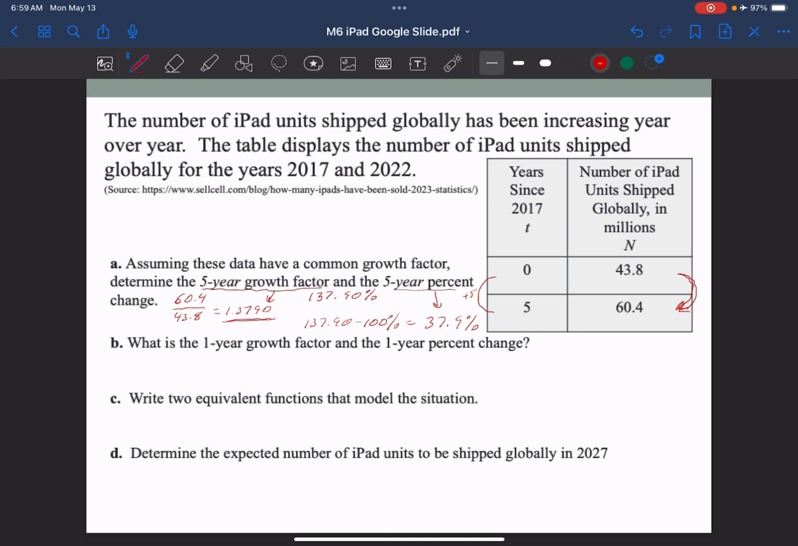So now the next question is, what is the 1-year growth factor and the 1-year percent change? And in the last slide, we saw how to create the 1-year growth factor from a multi-unit growth factor. The way we do that is we take the growth factor and raise it to the power of 1 over n, where n is your multi-unit. So in this case, 5 was my multi-unit. So 1.3790 raised to the 1/5 power, because we need 1/5 of the factor, gives us